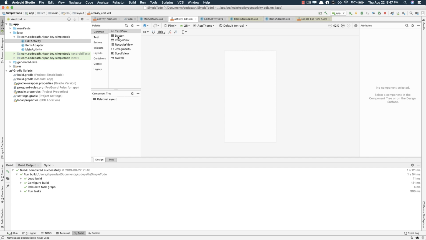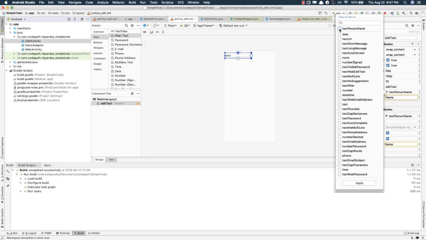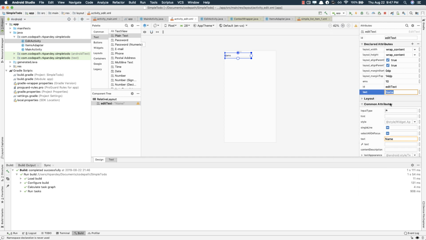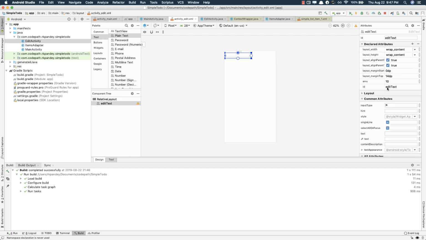the text. So first, let's drag and drop our plain text, our edit text. Let's get rid of the text person name because this is going to be a normal text field. We can leave the text blank, although what we're going to do when we actually add this in our view is initially populate the edit text with the text of our to-do item. In any case, let's add a hint just in case the text field becomes empty, and we'll say update